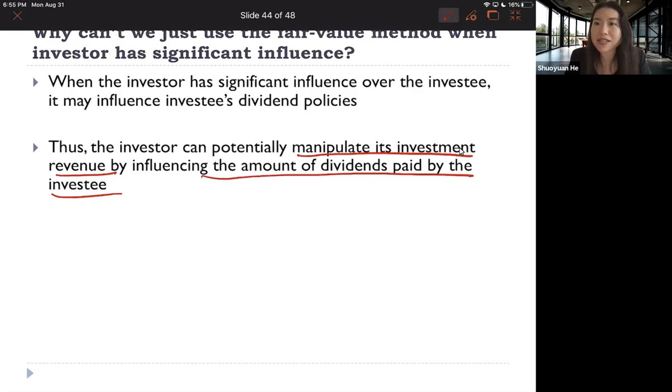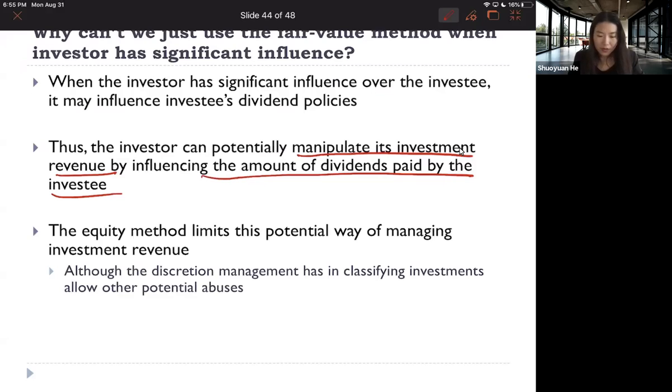influence over the investee. So if you recall that under the equity method, when investee is reporting dividend, we do not record it as income. Instead, we record it as a decrease in investor's investment account. So although the equity method helps us to avoid this potential way for investor to manipulate its own earnings, there are